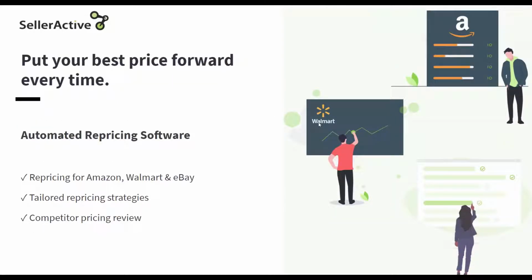Another really important aspect, I think, of our platform is this automated repricing that we offer sellers. And this operates both for brands and for people that are reselling products. I'll focus on the resellers at first. Essentially, what we can do is, you might have 15 people selling the same product on Amazon, on Walmart, on eBay. You can customize and tailor strategies to ensure that your products are staying competitive on the SKU level on each channel. So, if you can imagine someone selling, we sell those Skull Candy headphones, some Skull Candy headphones,